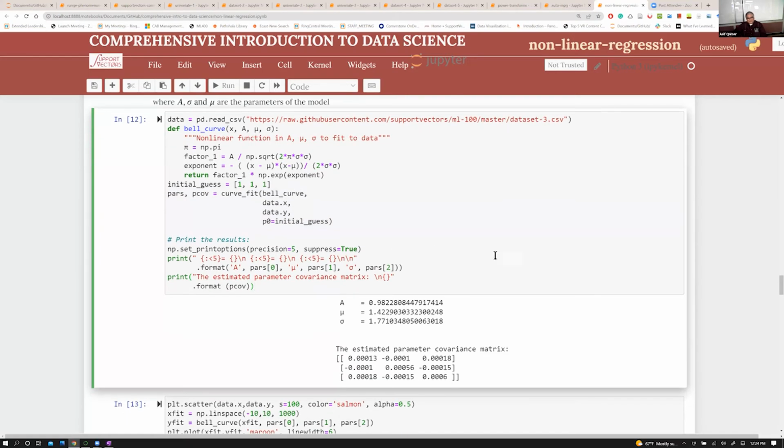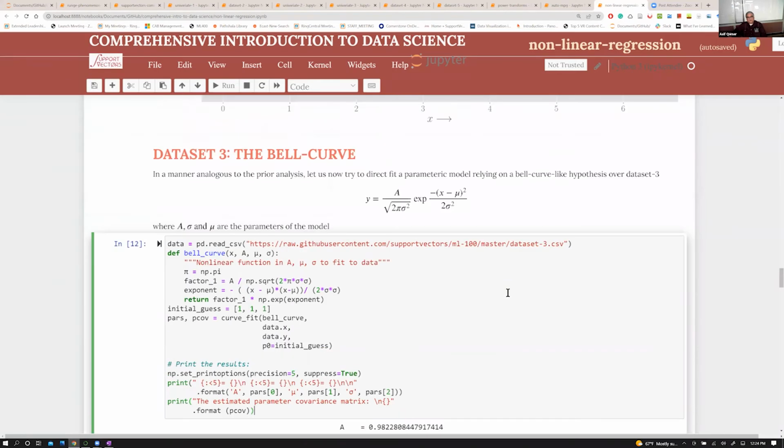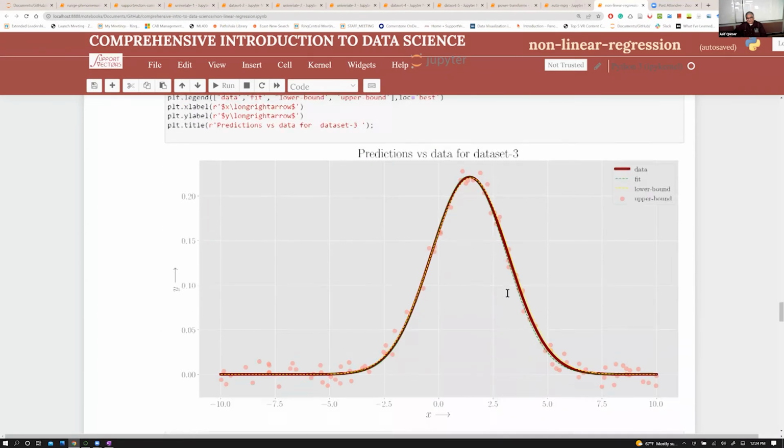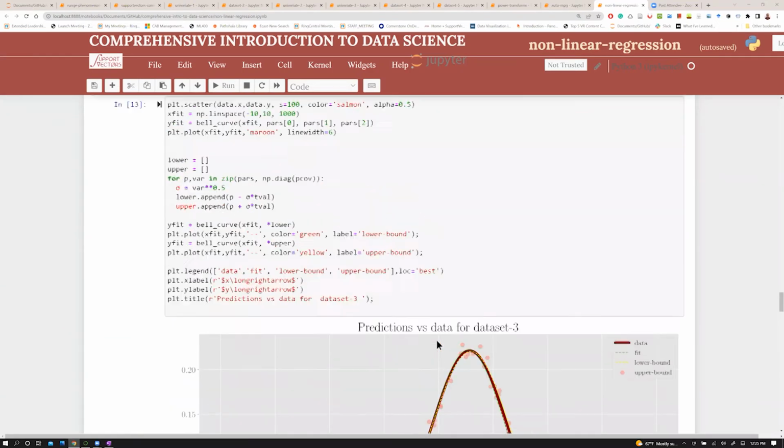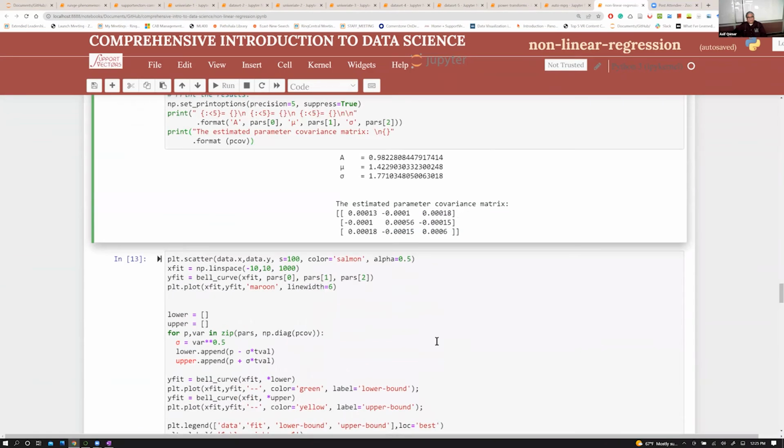Now, according to this technique, the mu, the center of the bell curve, is at 1.4. Let us go and see, is that true? The center of the bell curve is around 1.4. Is that true? This point is around 1.4? Looks like it, right? It is that. And the amplitude of this is